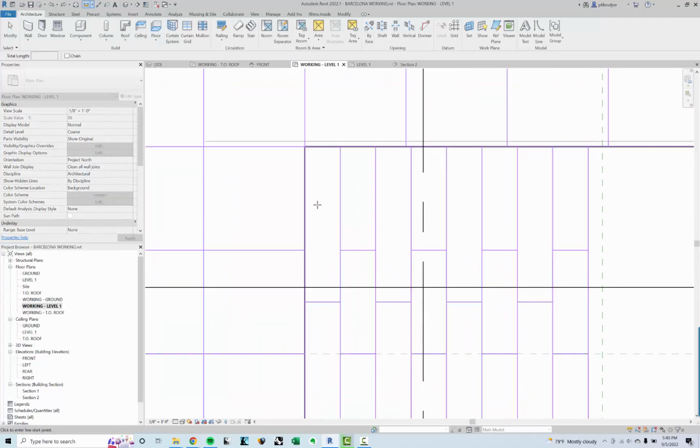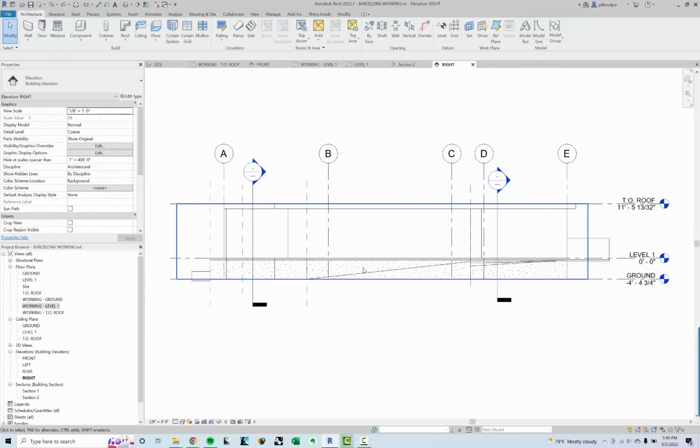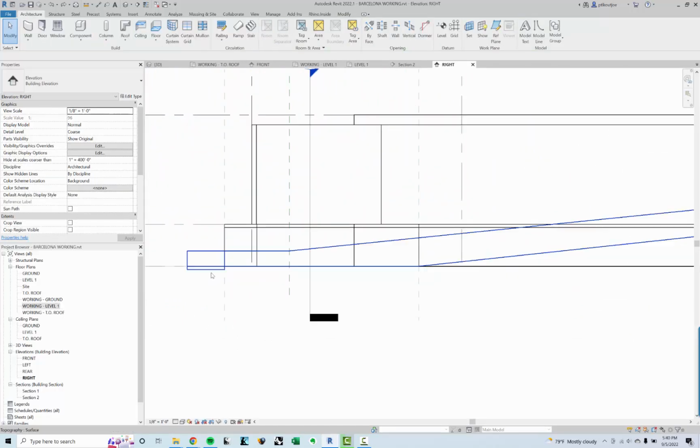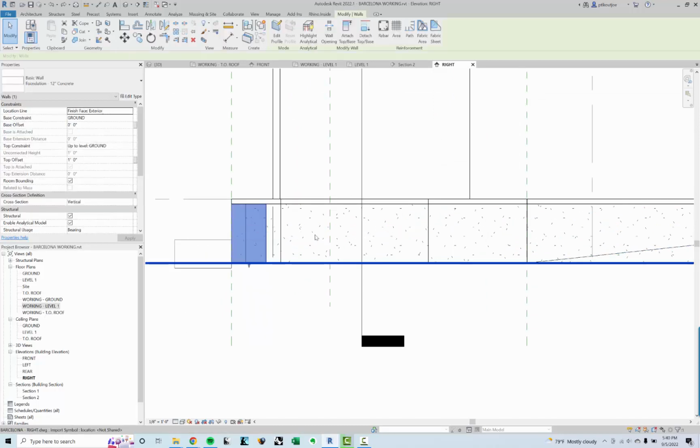So I'm going to click here, and I'm going to measure the depth of this. This is 1'2". Again, let's just call it 1'2.5" for the sake of simplicity. And if I go to this elevation, or let me go to the, I think it's being